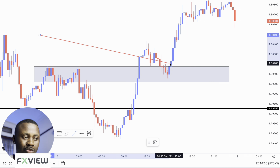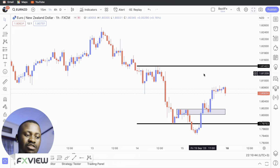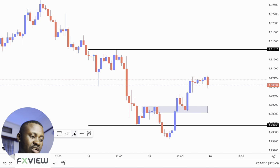Obviously, I knew where price was going to go. The reason why is, when you zoom back to the 1 hour time frame, just like these traders, most of you guys need to understand timing is also very key. When you're trading the forex market, timing is very key. So when you look at this candle right here,